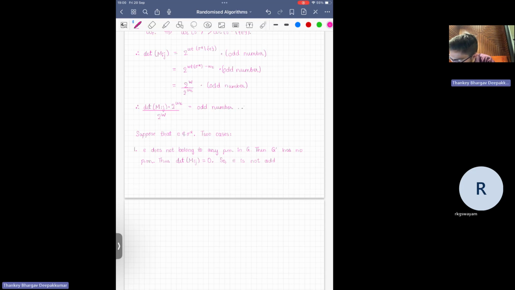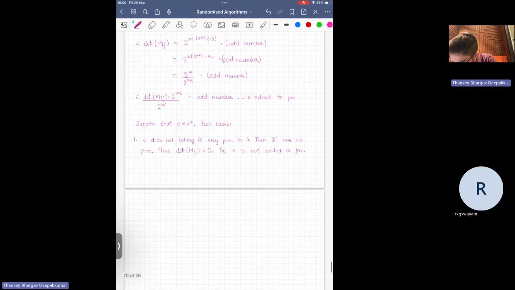I should write this. So E is not added to set PM, right? So far we have shown that every edge in the unique minimum perfect matching would be added to PM. We have also shown that if an edge does not participate in any perfect matching, it won't be added to PM. But we still need to show that